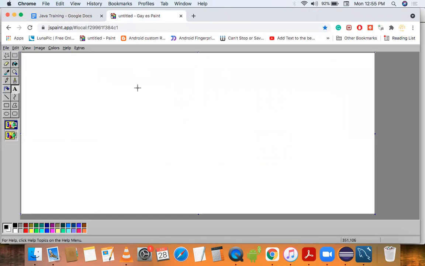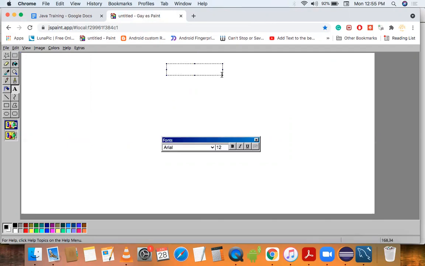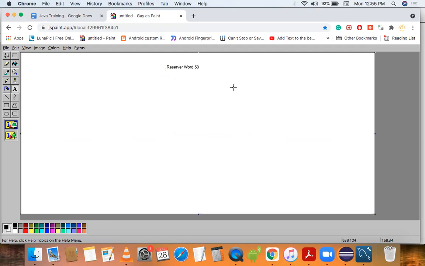So basically 53 words are reserved words. Reserved words are categorized in two parts. First one is keyword and second one is literal.